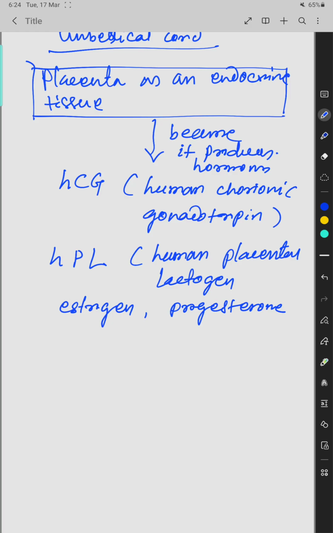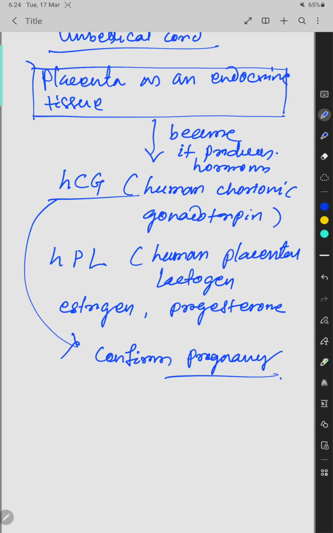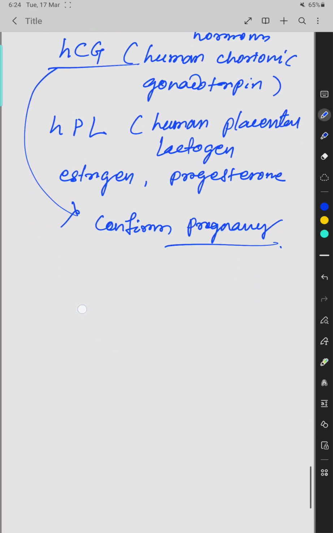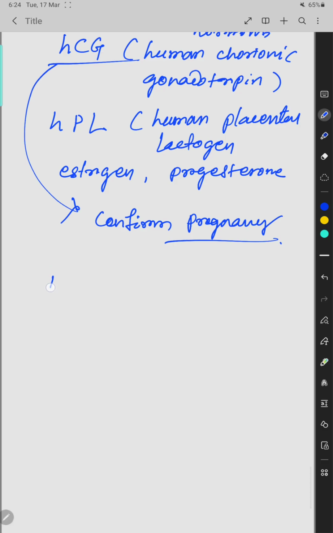Okay. Now what happens? The presence of HCG in the urine confirms the pregnancy. Remember, presence of HCG confirms pregnancy. If it is present in the urine of any female, then it confirms. Okay, now there are 3 hormones. This is also one most important question. The 3 hormones secreted